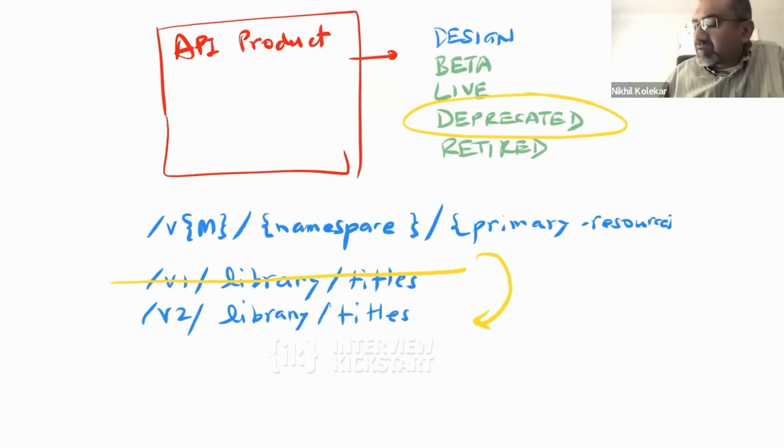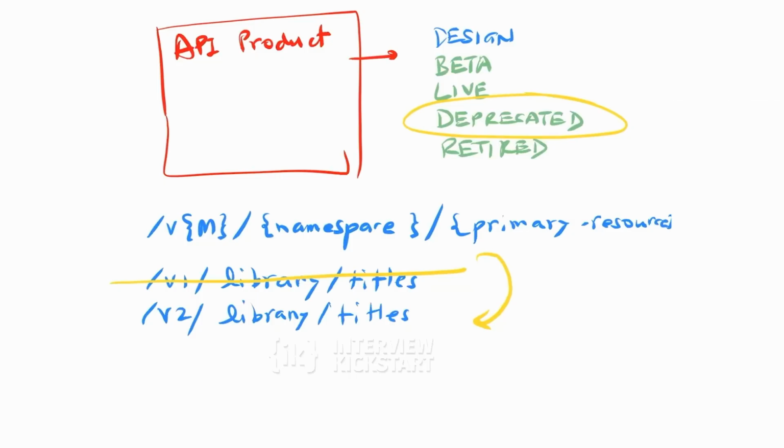Now, other ways of supporting a version include putting it into header, or sometimes allowing a client to specify a release number or a timeline, some kind of a date to indicate what version, as of what date they want to connect to. Yes, Usha, did you have a question? Yeah. So what would you prefer, putting it in a URL path or the header? Like if it was an interview question, what would the recommended answer be?